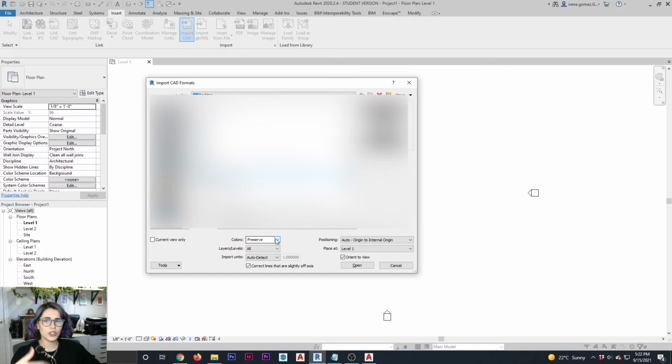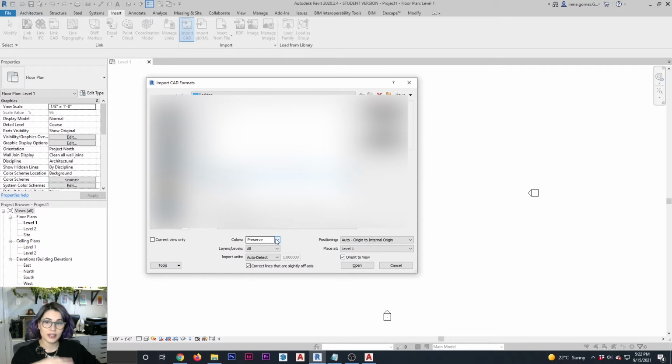But in some cases, the colors of your AutoCAD drawing may not work with your Revit file, mainly due to the fact that your AutoCAD background is dark while your Revit background is white. So for example, if there are a lot of lines that are yellow or light green or light blue, it's going to be hard to read them when you bring them into Revit.